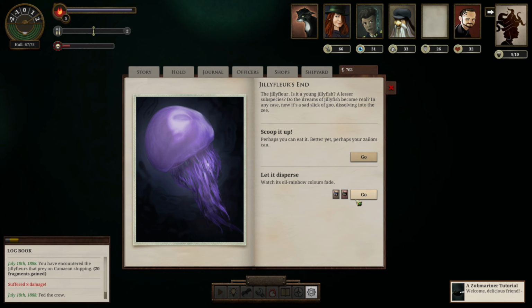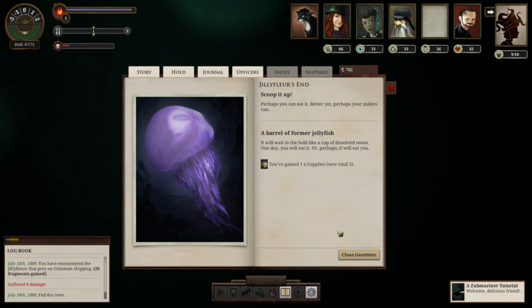Well, we're at 2 supply. Yeah, I think we'll scoop it up. This will give us enough to make it to Port Carnelian, even if we don't end up getting a good supply trade at whatever market it is